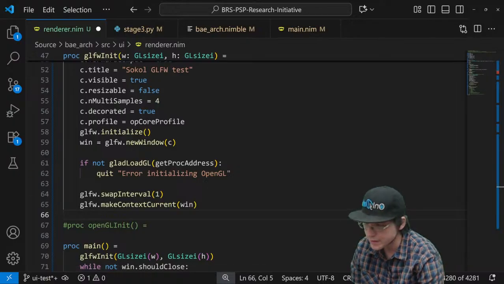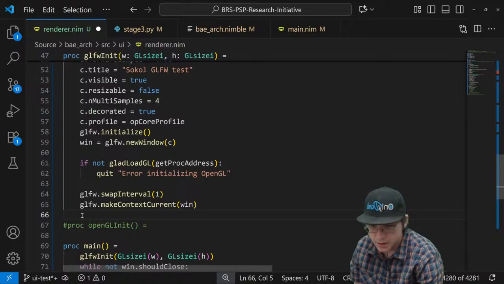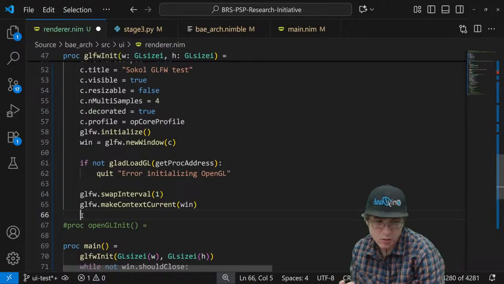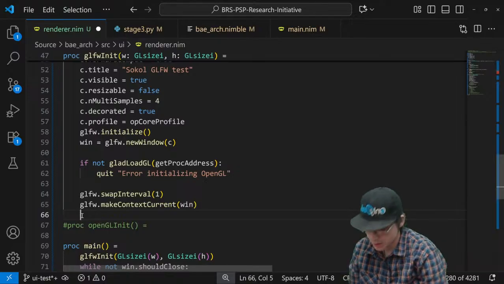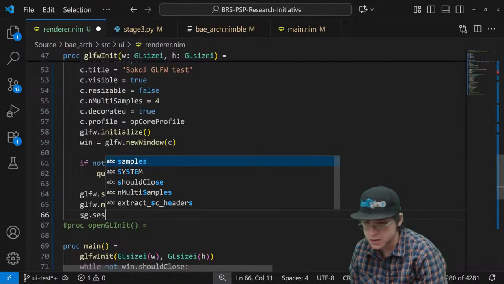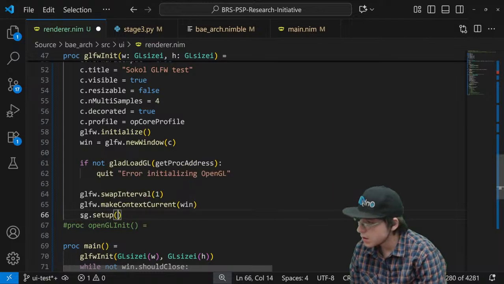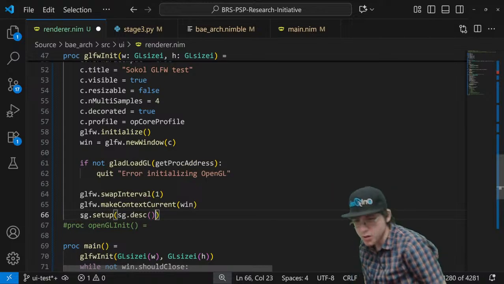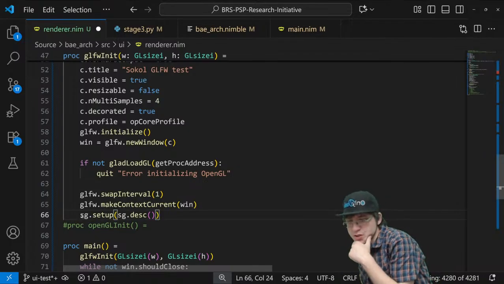I might not have to use SGL. I'd have to look. SG.setup. SG.description. I don't care about loading anything special there.